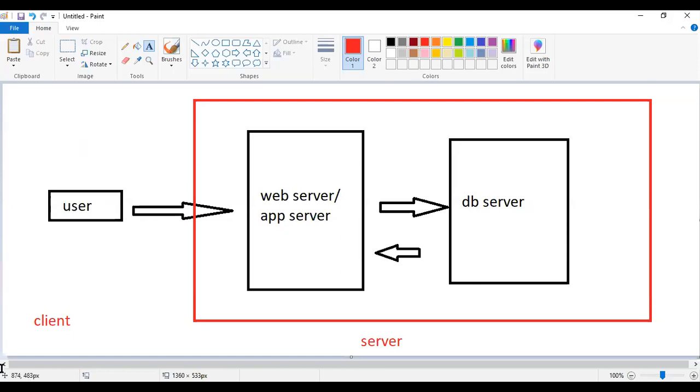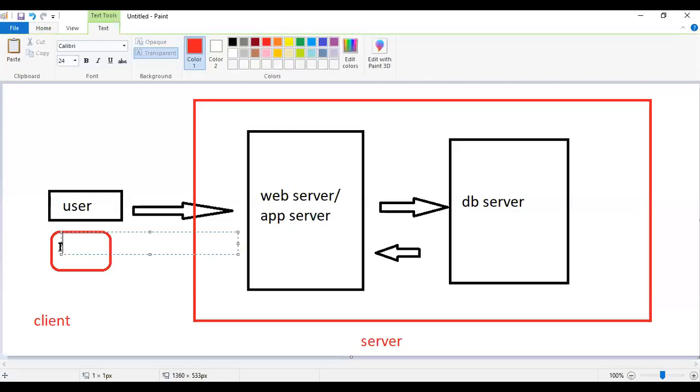The moment you type, generally what we will do is open our web browser, and there we will type www.google.com, right?